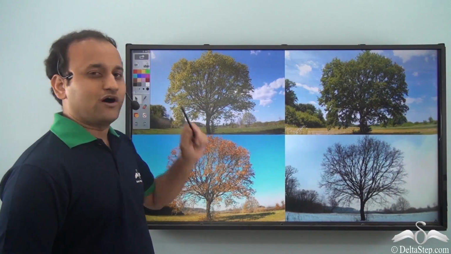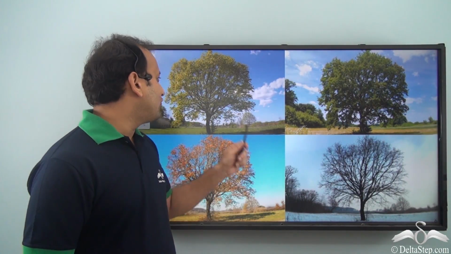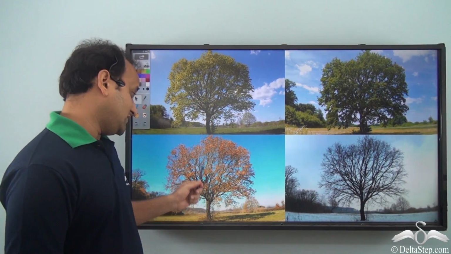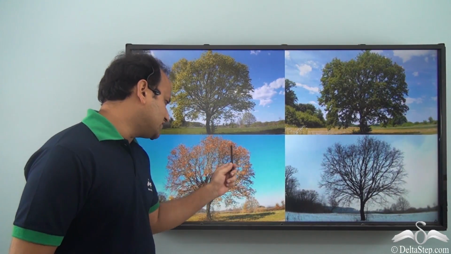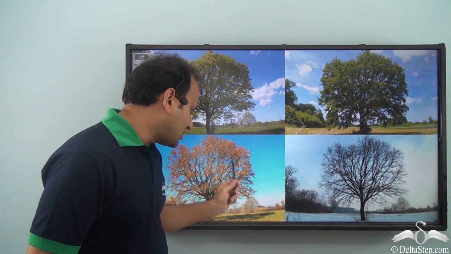Sometimes it's very warm, like in spring, it's warm and very pleasant, and you have all the new flowers and leaves coming up on the trees. And then comes summer, it's the vacation time, we go for swimming, hiking, and have fun. And then comes autumn. In autumn, again, the leaves turn red and slowly they start to fall down. And then in winter, there are no leaves on the tree at all. It's very dry and very cold.